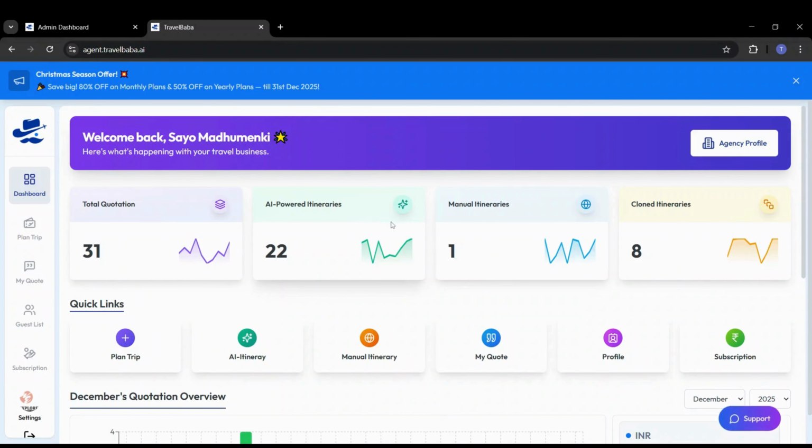In this video, we will see how we can activate our subscription plan. Once you log in, you will land on this page. This is the dashboard. So here at the bottom, you can see the subscription